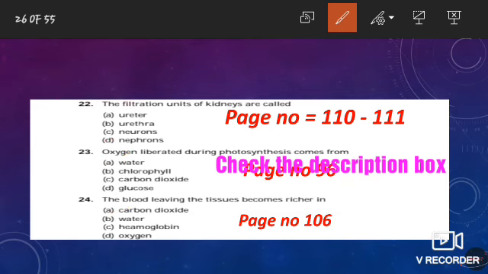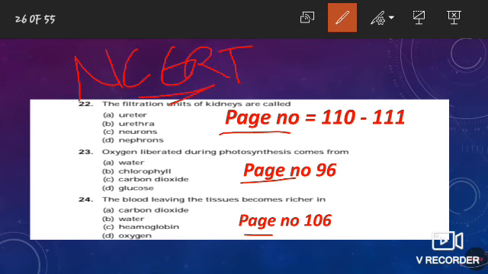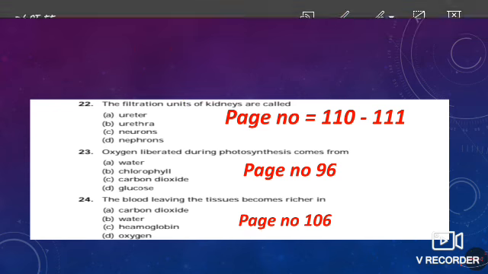As you can see, in each question I have written the page number. These page numbers are from the NCERT textbook. I have written these page numbers so that you can get an idea of where all these questions come from or are designed from. Each line is given in your NCERT book. So the NCERT book is very important. These questions are framed from the NCERT book. So these page numbers are written for your convenience, so that you can get an idea that all these questions are from your NCERT book. So please pay attention to it.